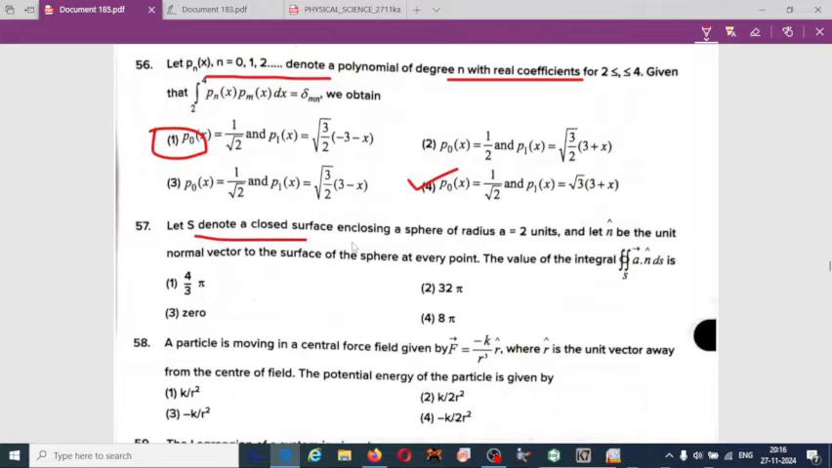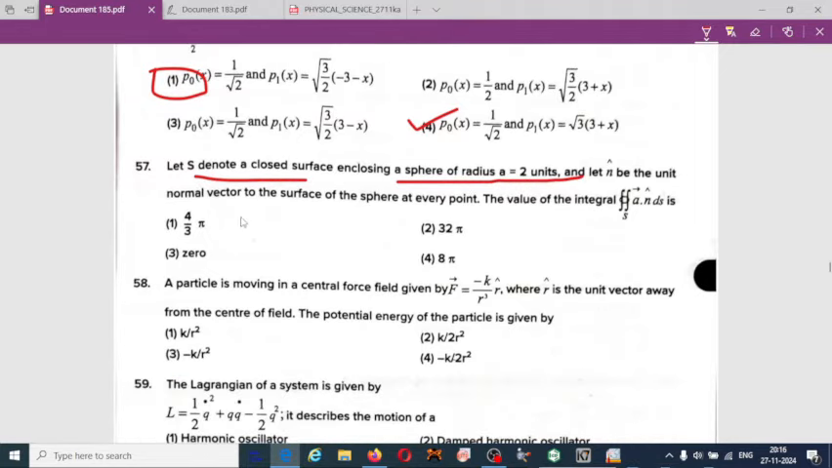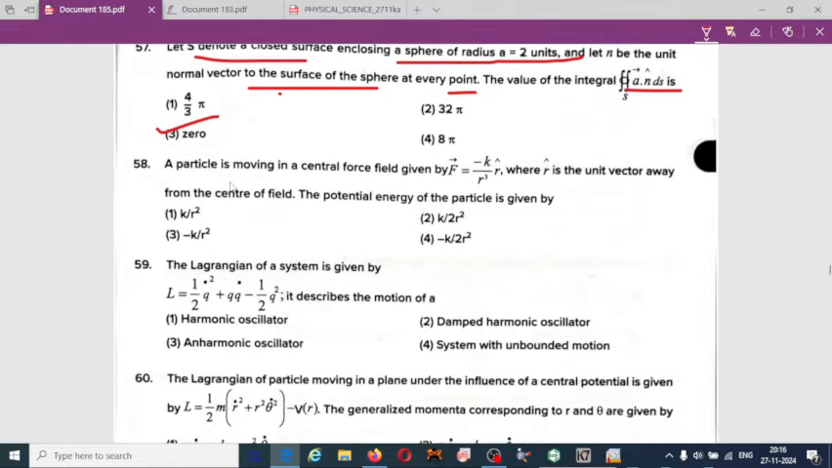S denotes a closed surface enclosing a sphere of radius equal to 2. Let n be the unit normal vector to the surface of the sphere at every point. The value of the given integral, 3. A particle is moving in a central force field given by, where r is the unit vector away from the center of the field. Potential energy of the particle is